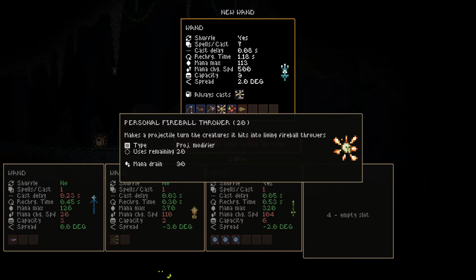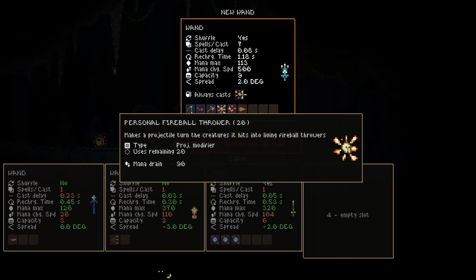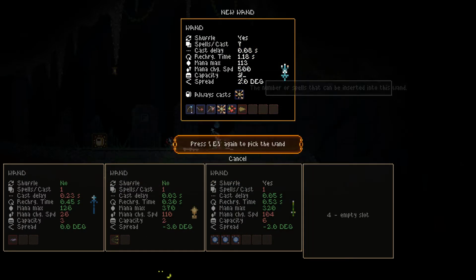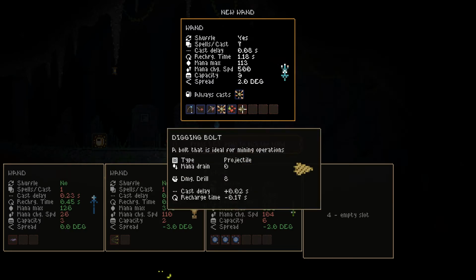Makes a projectile turn the creatures it hits into living fireball throwers. So, the mana max on this wand's kind of bad. But the mana charge speed is wonderful. It does have 7 spells per cast. And right now, we don't actually have a good non-shuffle wand. We could throw an interesting always cast onto this, but I sort of want to just throw a second interesting always cast onto this, and then try to do something about the timer with...